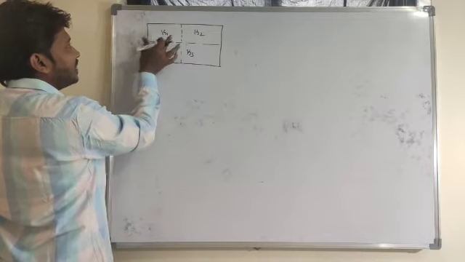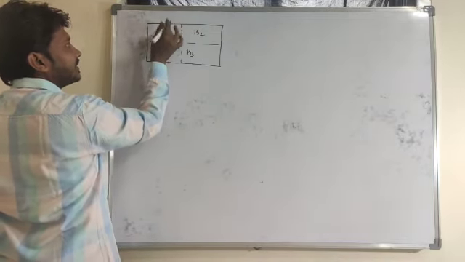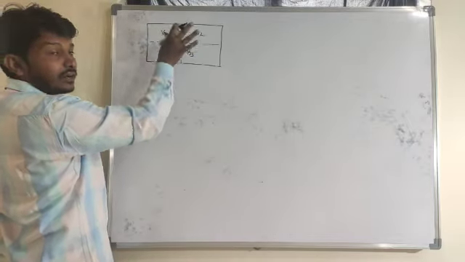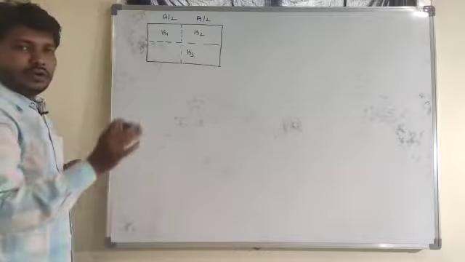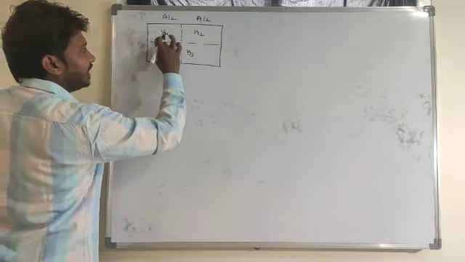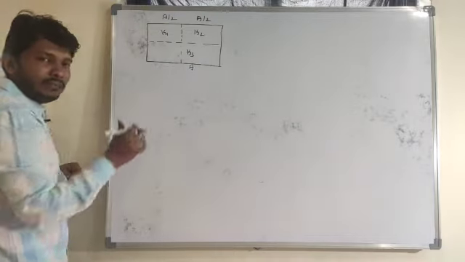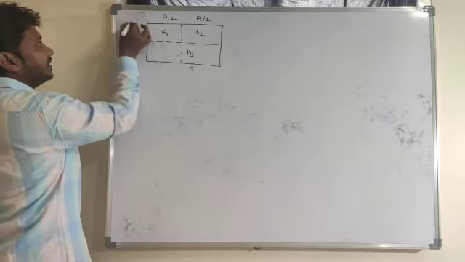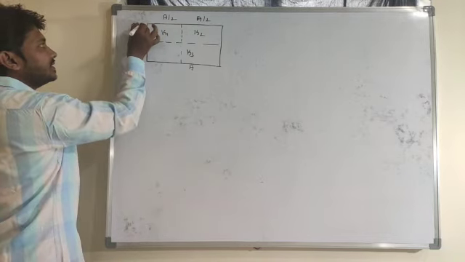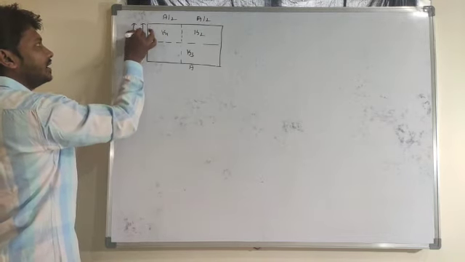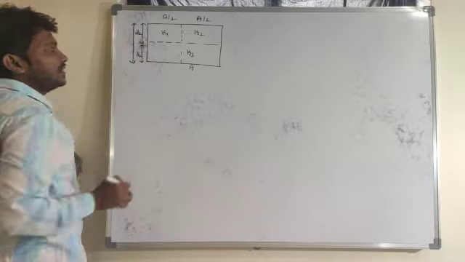So let me consider what the effective dielectric constant value will be. Look at here, the area is divided into two halves. This one is K1, this one is K2. What is the nature of the combination here? Parallel combination. So the area is divided into two equal halves. Here the entire thing is filled with only a single dielectric, so this area will be A. The total distance between the plates is D, so this is half of the distance. Let me take this as D by 2, and this is also D by 2.